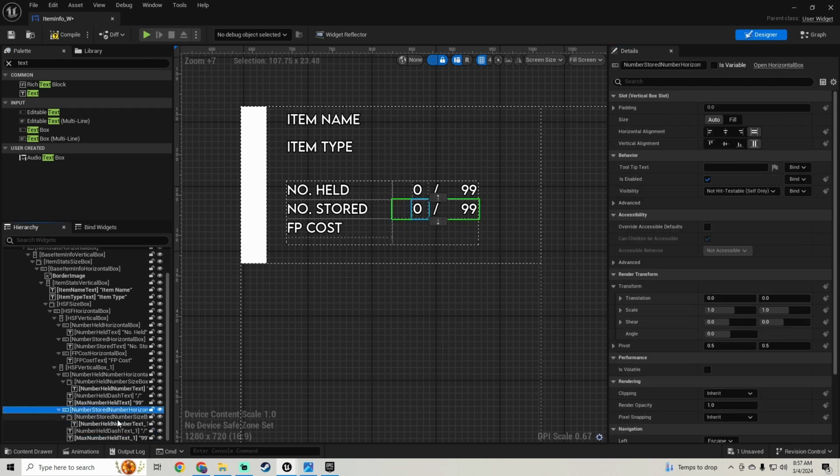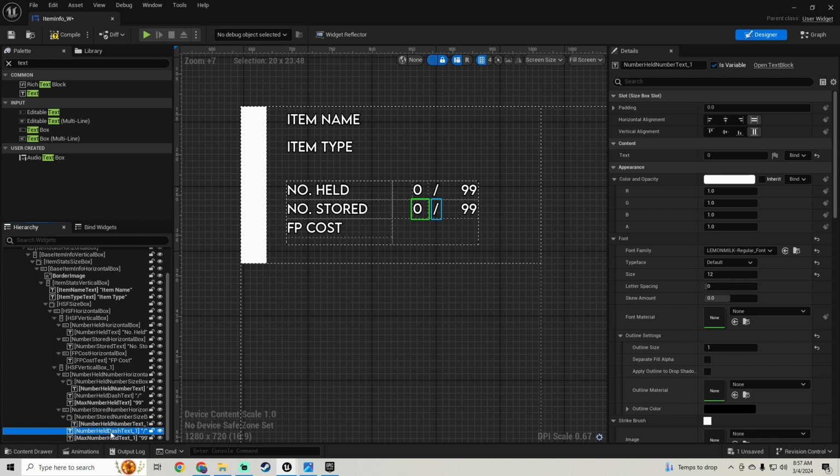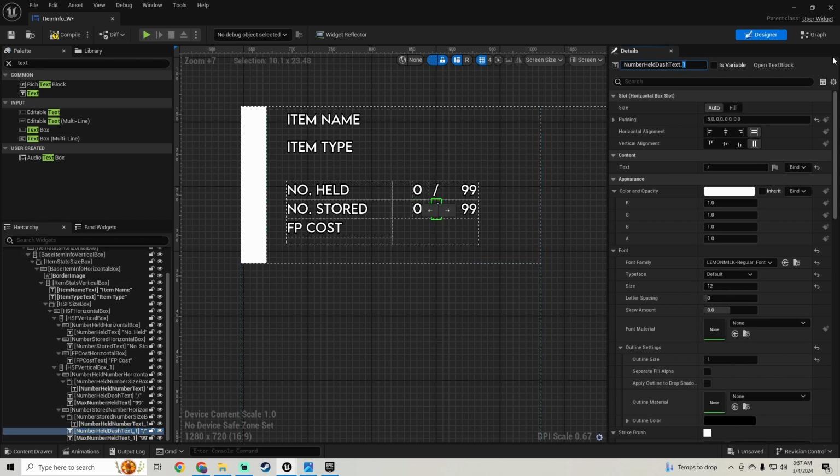I'm going to rename it to our number stored dash text, and then max number is going to be our max number stored text. So compile and save,